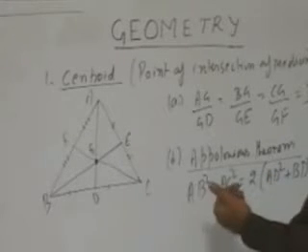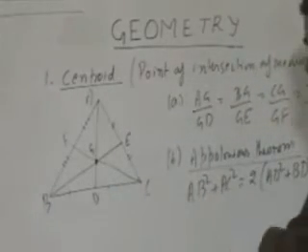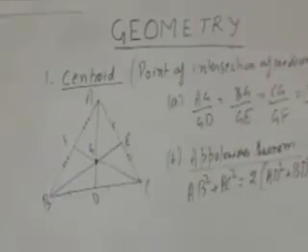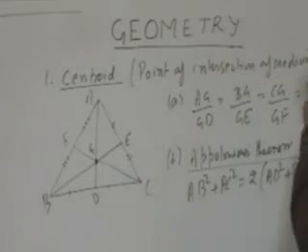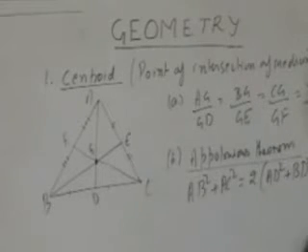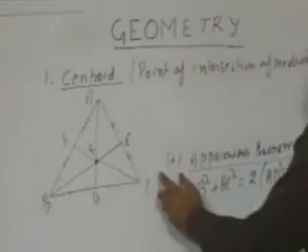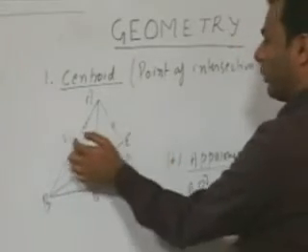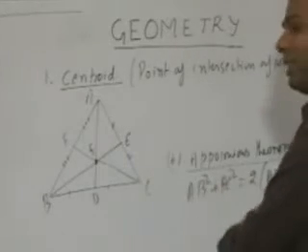Again, it's not necessary to discuss the proof in the classroom, but in case you want, you can discuss its proof, but that is not required here for the CAT. You must remember this as an important theorem. So these are the two important things related with the centroid: the Apollonius theorem, and the centroid divides the median always in the ratio 2:1. Similarly, we found this only for one median, that is AD; find it for the median BE, and also for the median CF. And when you solve these three equations, you will get a wonderful result based on the centroid here.